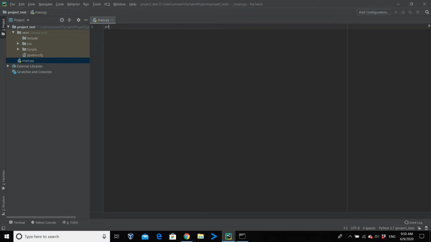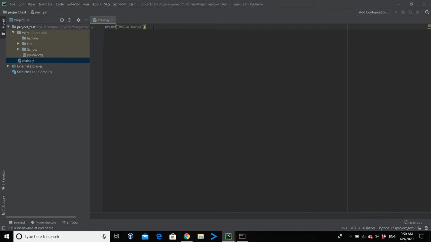Now, the first thing that we did was to print. That's what I was saying: I wrote prin and it will give me an autofill for what I'm looking for. So I'm looking for print. I'll just hit enter. It will give me the print suggestion and autofill automatically. That's why this software is really good to use. Now if I write hello world,